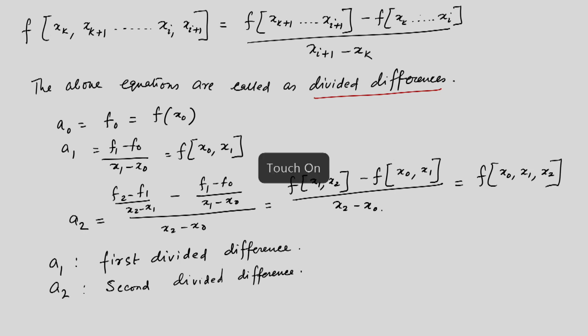So, with this we can write down the Newton's, just use this word once again to make it very obvious that this is the divided difference method. The divided difference interpolating polynomial is written as